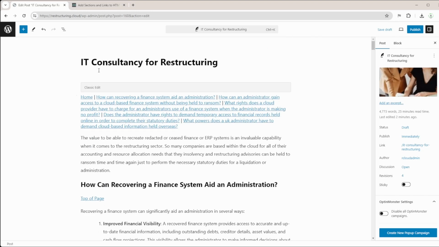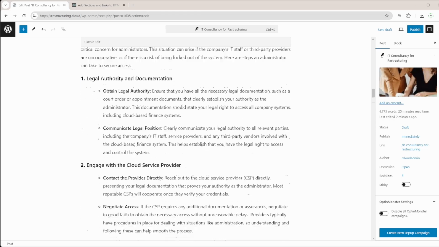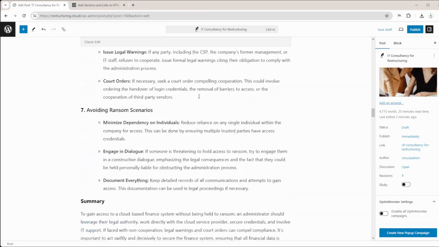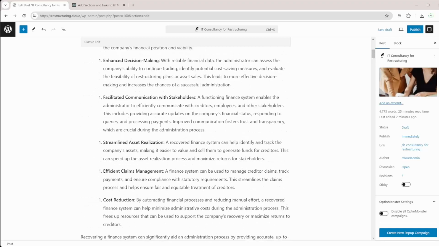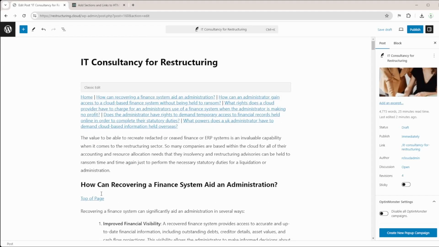And you see what it does is it just makes me a little set of chapters, with a little back to top of page button at every single one, and it just makes life a little bit easier, because it means